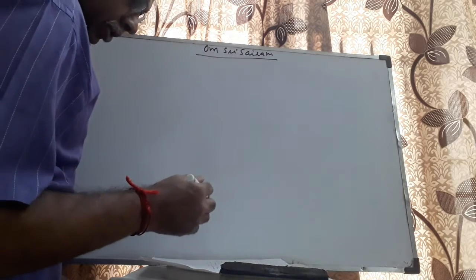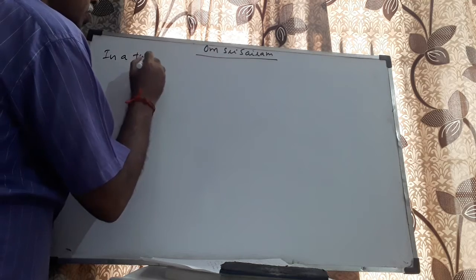Almost for 6 videos, we have discussed all the concepts related to linear equations in two variables of class 10 of CBSE. In this particular video presentation, we'll do some extra problems, maybe related to the concepts as well as some word problems. Just listen carefully. First sum goes like this.